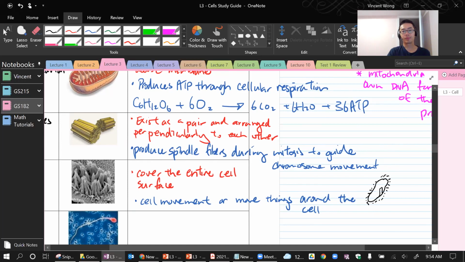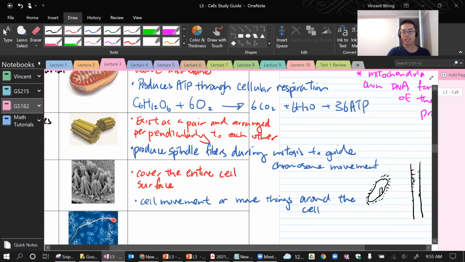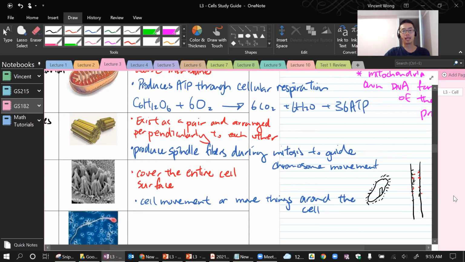In our body, we have cilia in the respiratory tract, for example, okay? So in our respiratory tract, the cells would have microscopic cilia. So if there are some dust particles trapped here, or if there are bacteria trapped here, then the cilia will sweep them up to your throat where you can spit it out. Okay, so all that cilia movement is not to move the cell, but rather to move things around the cell. Okay.